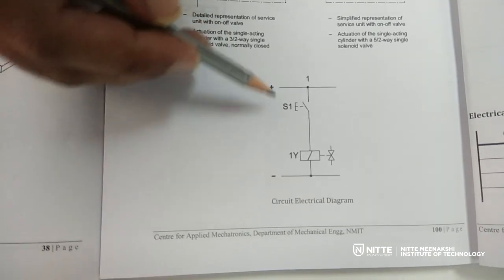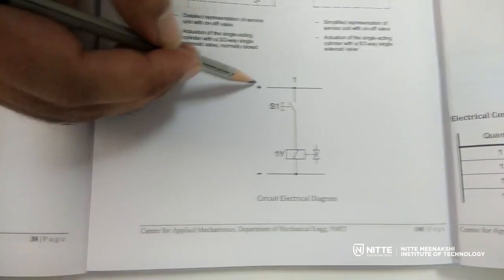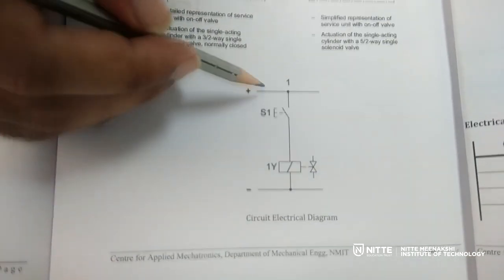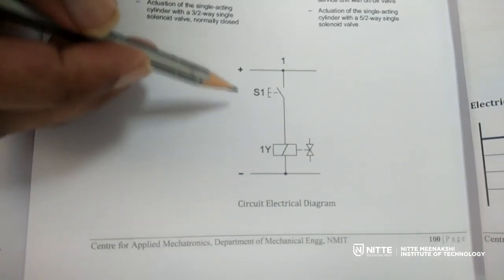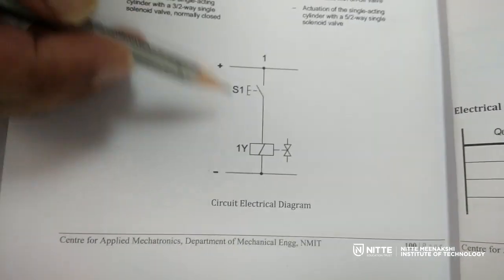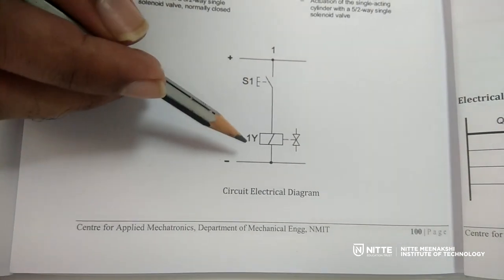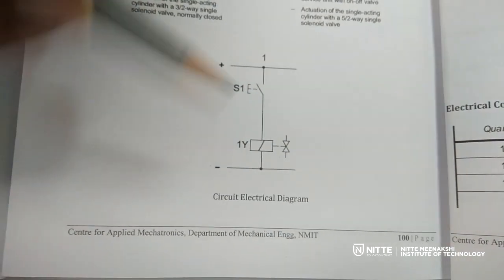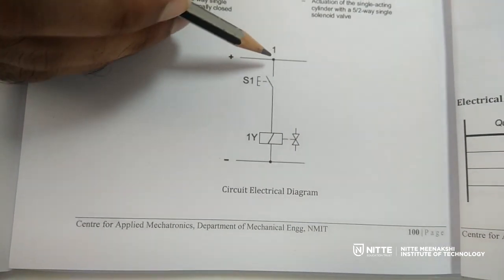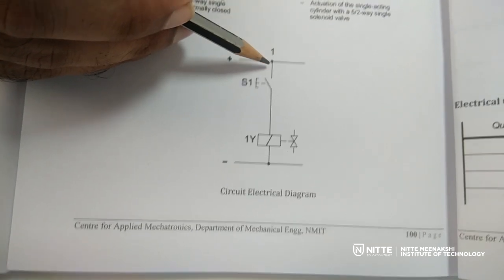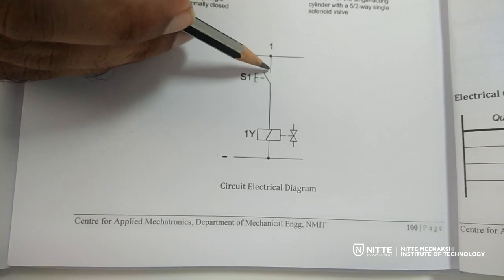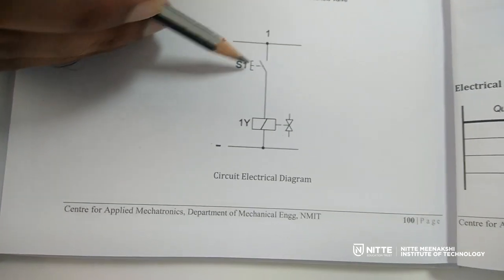The way it works is very simple. What we have is two polarities at the outset. This is positive, this is negative. The entire electrical circuit is operating in DC, that is, direct current. Now, in order to give the electrical connection to the solenoid, this is a basic circuit diagram. Here you can see the positive side of the system is given as one input to the switch.